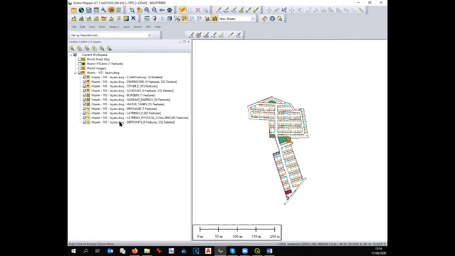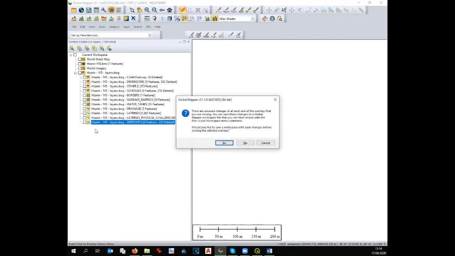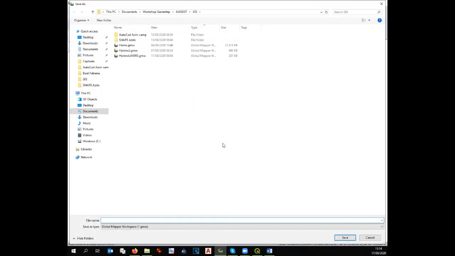We have this layer, let's deselect everything. This layer here has 0 features, no elements. If I select, nothing is there, so it's an empty layer. Okay, I don't need it. I can delete it, yes, but before deleting it, I have to save it. So I save it,